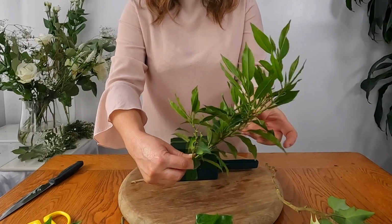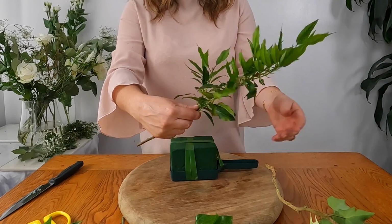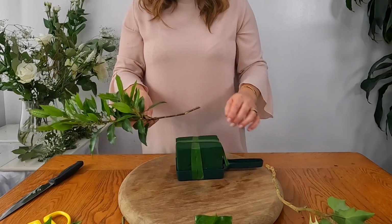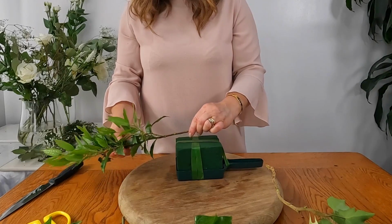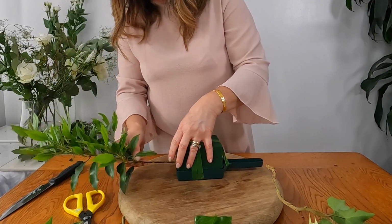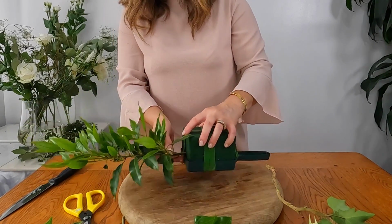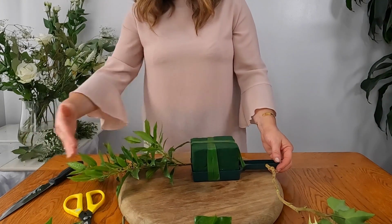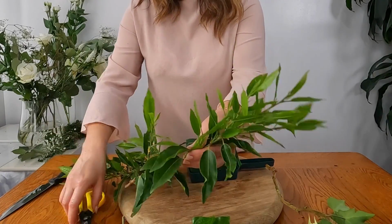So first of all, I'm going to use some green foliage, and again just make sure all the leaves look good and okay, and the stem is as straight as you can get. So what you need to now do is gauge how big you would like your display. So I'm just going to cut this and insert it at the base of my tray like so. And this will tell me how long from the tray my display will go to. I'm then going to take another piece,